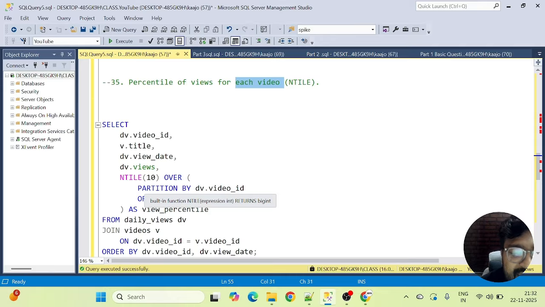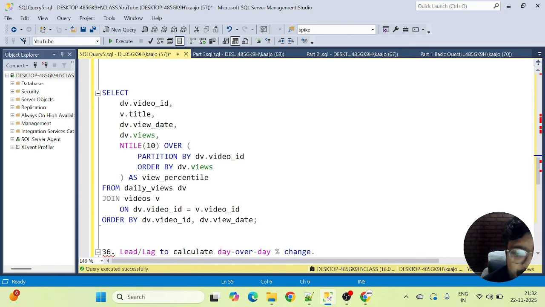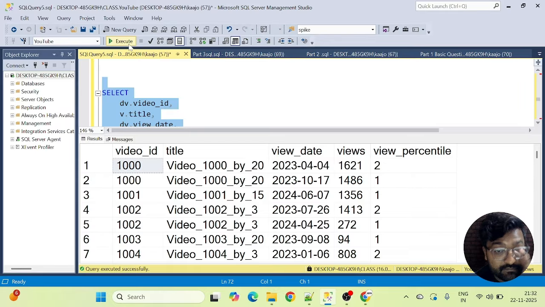But because the NTILE function does not work with group by, since it's a window function, I went with the partition here. And because they're asking for the percentile of views, I have to order by views. Fairly simple. I've joined with the videos table to get the video title, and the rest you already know about the table schema. Let's execute this query.